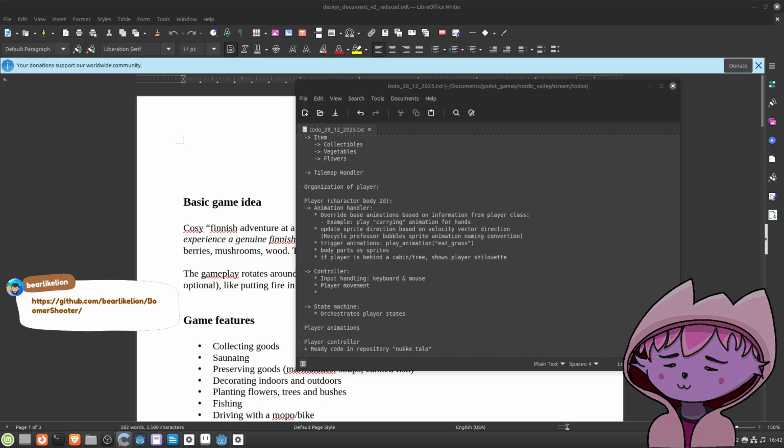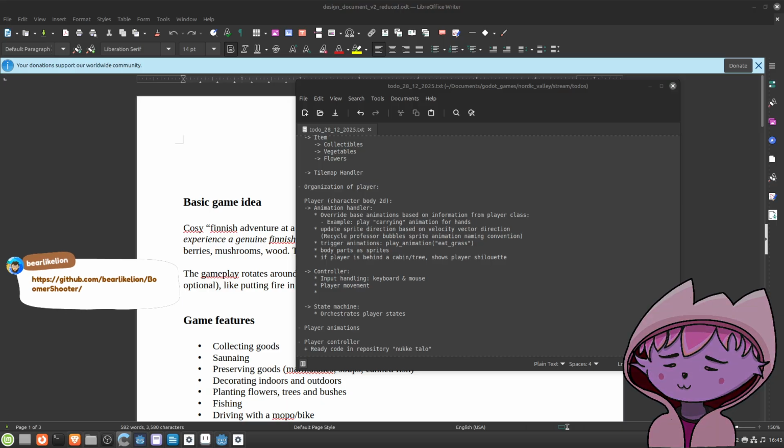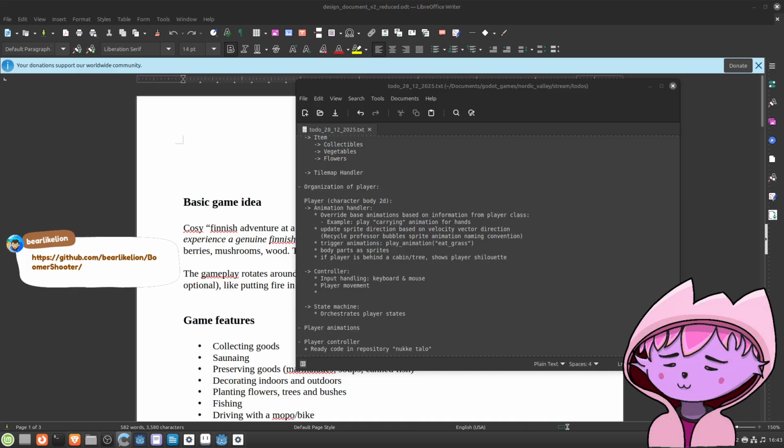Boomer shooter. Wait a second, that sounds somehow familiar.